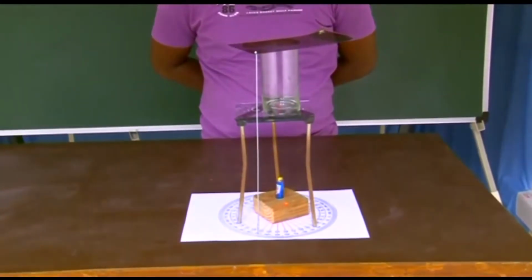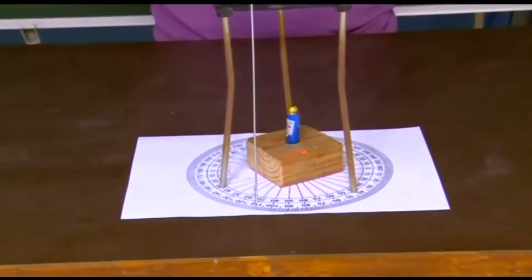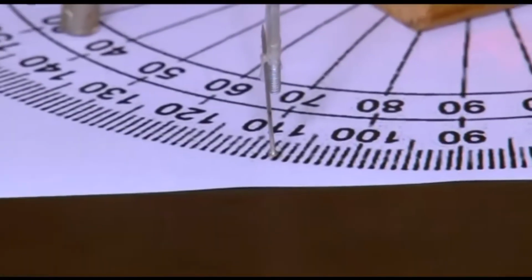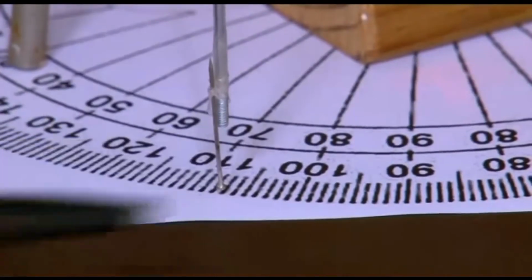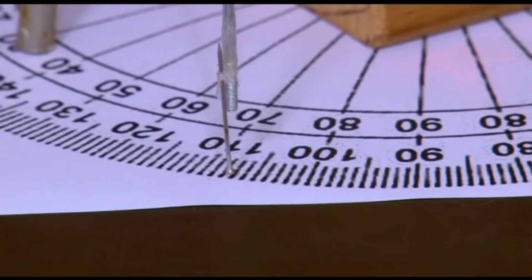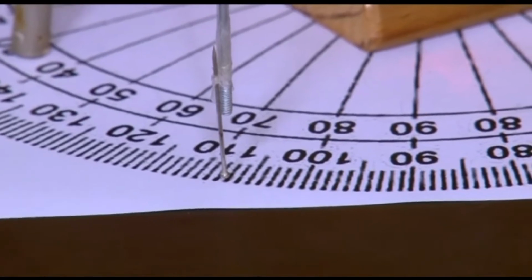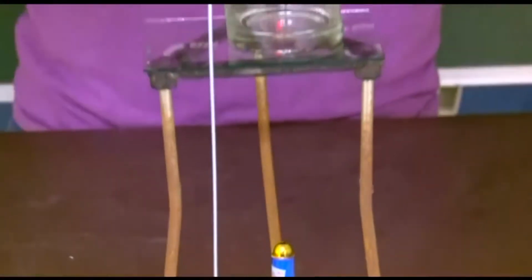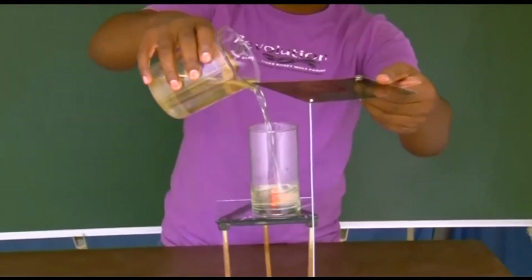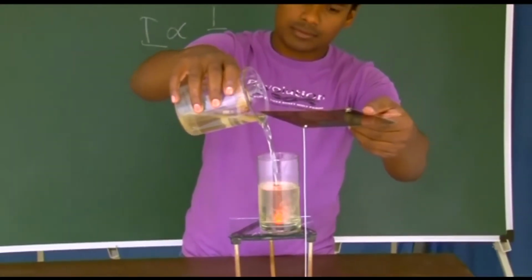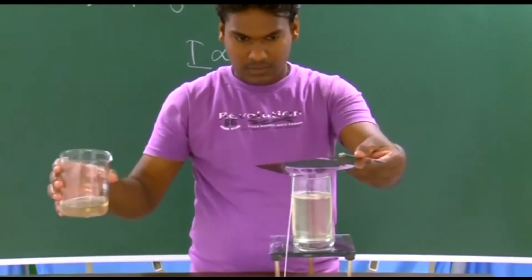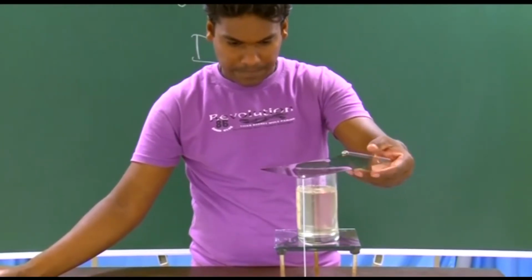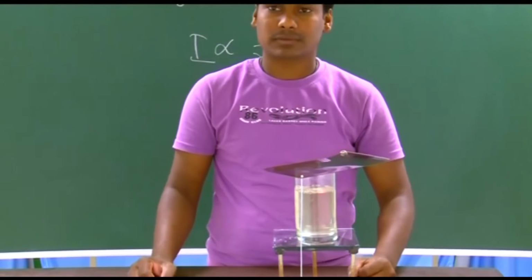Now let us see where this pointer is. So read the pointer here, what it reads. The pointer is reading 107. So that is this position. Now we will be putting sugar solution in this glass tumbler. That's it. Very good. Now the laser is going through the sugar solution, then the polarizer, and then on the